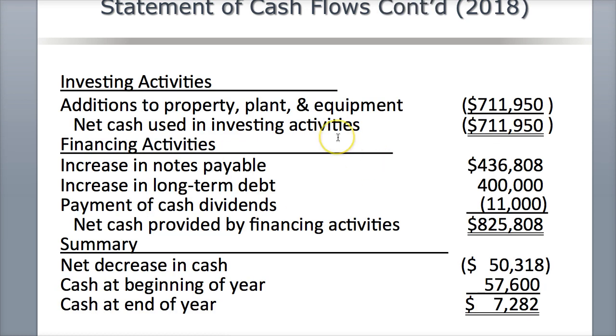So if we look at where this cash flow change comes from, we have two areas. We can look at investing activity. So this is additional plant and equipment that was purchased. So the net cash used for these investing activities was $711,000. If we look at the financing, we see that we brought in money through notes payable, long-term debt. We did pay a dividend, so total financing provided was $125,000. So now that's not the best way for cash to increase because we want cash to increase from operations,